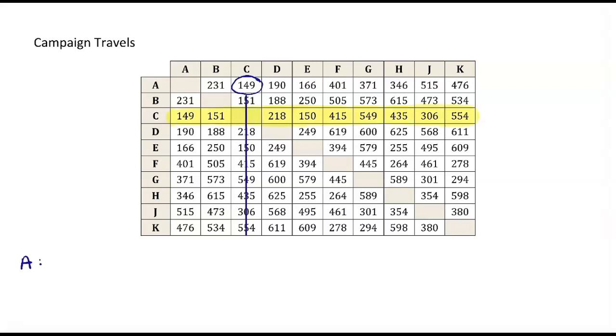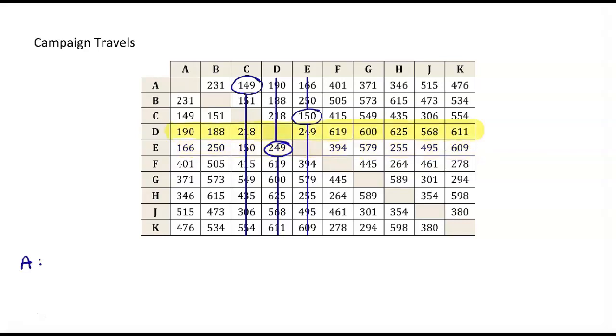City A is of course the closest, but we don't want to go back to A until the very end. The next closest is city E. We'll select city E and also cross off that column so that we don't revisit it. Now we look at our options from city E. Not including A, the nearest neighbor is city D. So we'll select D and cross off that column.